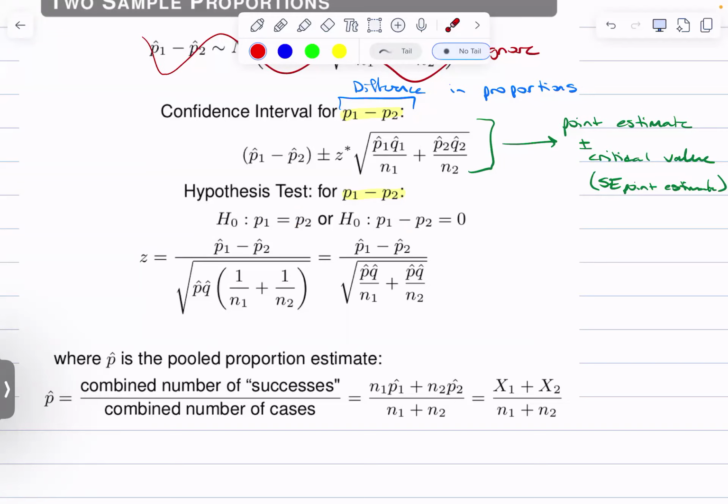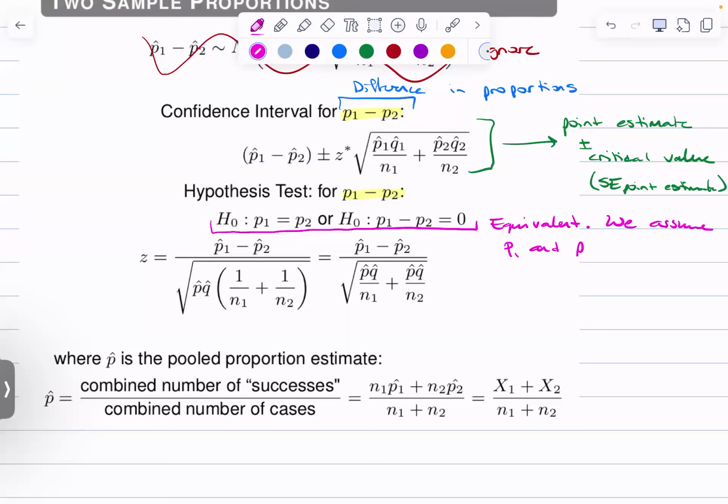And so these are equivalent. We assume P1 and P2 are the same until we have proof otherwise,